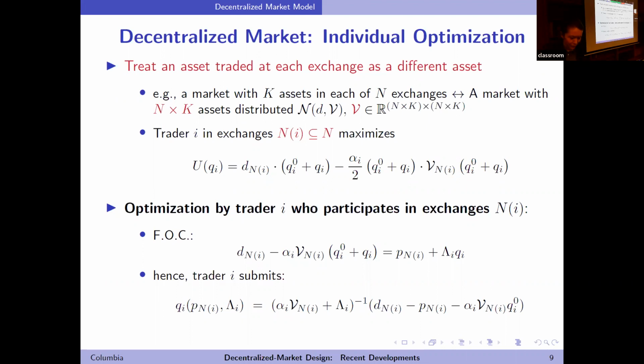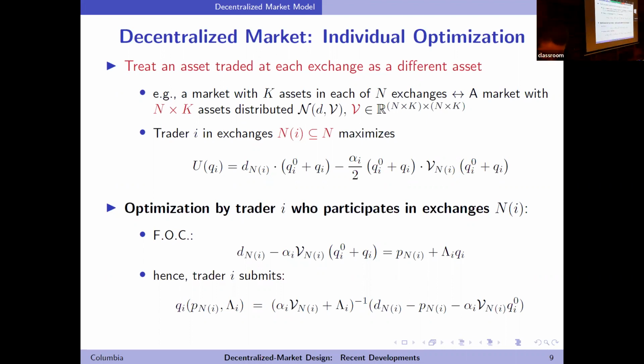So let's now look at our decentralized markets. By looking at the market structure represented by a hypergraph in the right way, we'll be able to characterize equilibria through analogous conditions: the optimization given my sufficient statistic, given my residual market price impact, and the requirement that the price impact is correct. In order to see this, I'll make two observations, which will translate into two pieces of notation. So bear with me, and it will pay off, I promise.